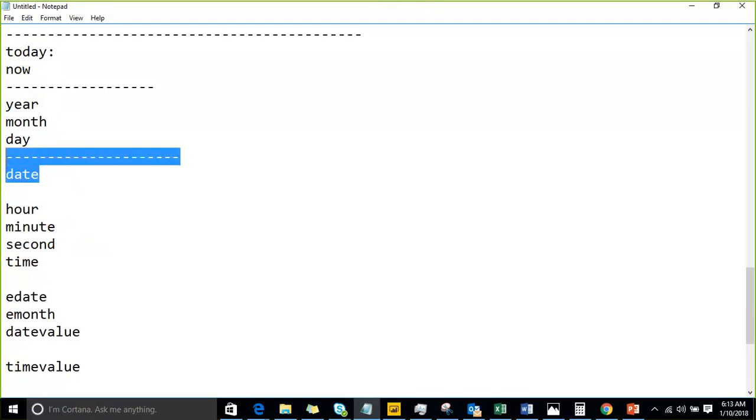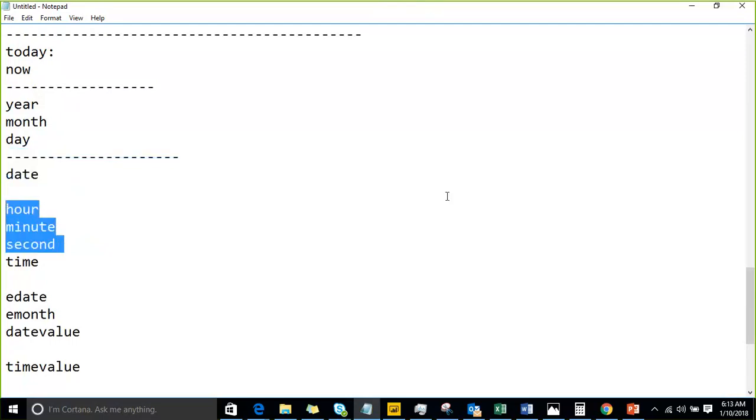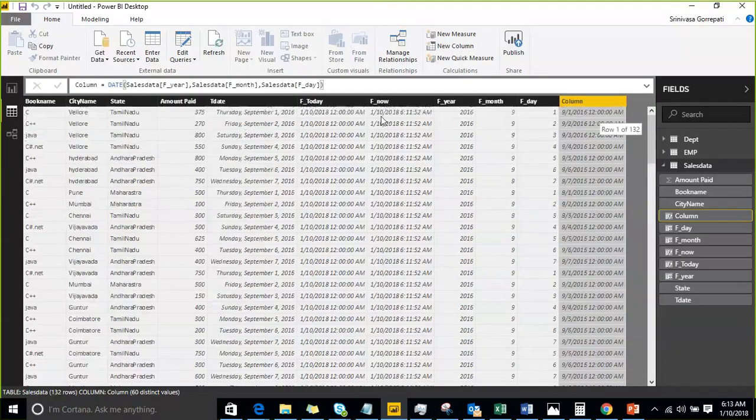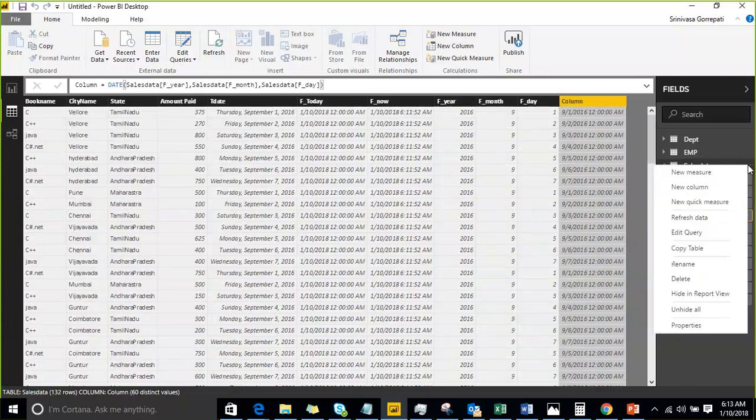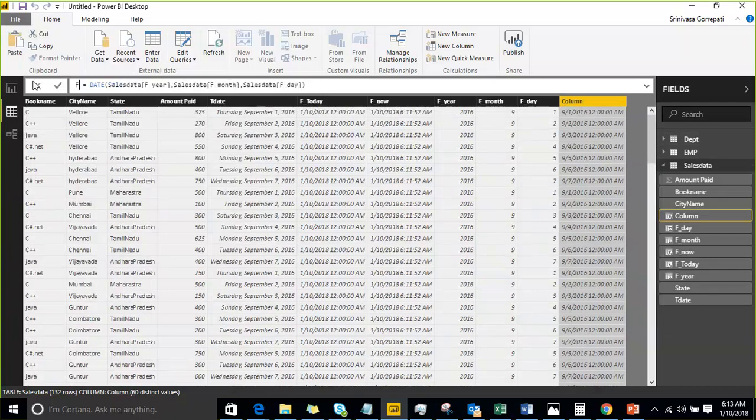so the date function is that one, and the next one is hour, minute, and second. Let's assume you have a time column. From a time column, you have to extract the hour or minute or second. You have those functions. So I already have the now function. From now, I want to capture the hour. So here I am creating a new function. It is nothing but f underscore date,